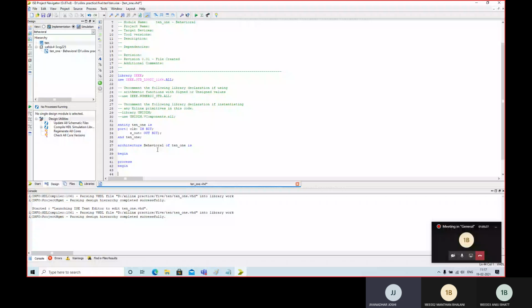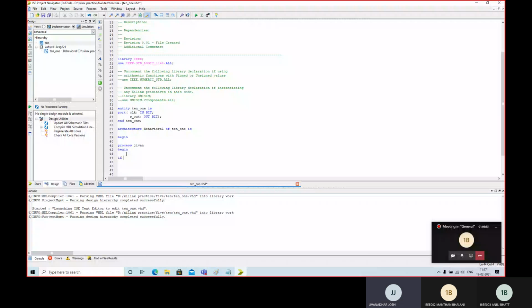तो एंड G1, और प्रोसेस के अंदर हमको प्रोसेस डिफाइन करनी है। कौन सी प्रोसेस डिफाइन करनी है? क्लॉक वाली। इफ क्लॉक इवेंट एंड, कैसे लिखते हैं? एम्परसन या ANDN? ANDN।